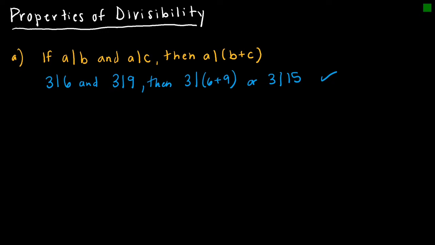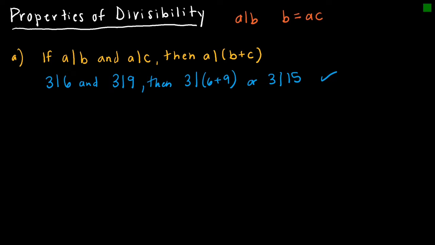But of course in mathematics we want to show this is true for more than just one set of numbers, so let's look at a proof. When you're looking at proofs you want to look at the definition. The definition of divisibility tells me that if a divides b, then b is equal to a times some number. That's the definition I'm going to be using.